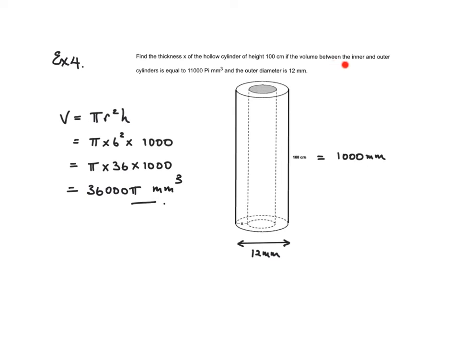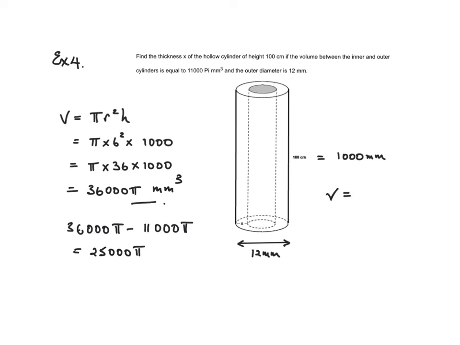We're told that the volume between the inner and outer cylinders is 11,000 pi millimetres cubed. So this part here is 11,000 pi. What I'm going to do then is to subtract the 11,000 pi from 36,000 pi, and that will give us the volume of this cylindrical hole. So 36,000 pi, take away 11,000 pi, gives us 25,000 pi. And that is the volume